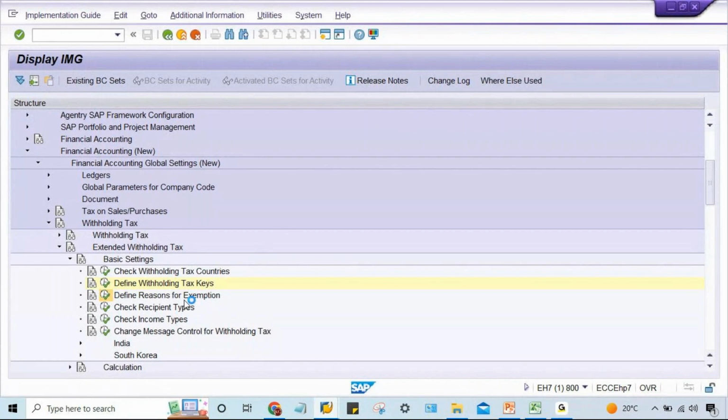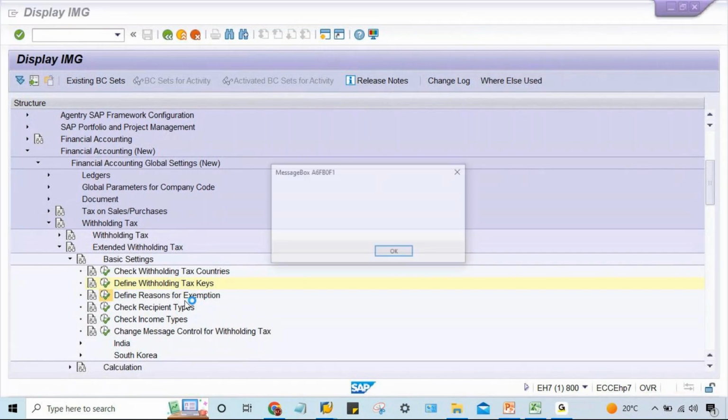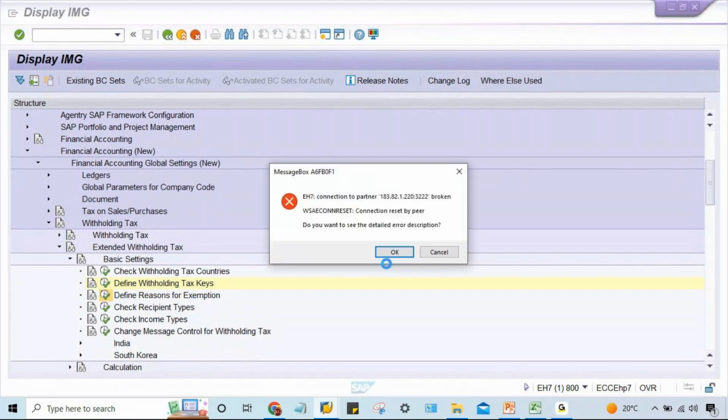So anyway, there are multiple other configuration steps also that I have to explain one by one. I think the connectivity is broken. So we'll start from here itself, but in the next session, guys. I'll stop this recording here itself. Whatever remaining configurations are there, we'll see in the next session.